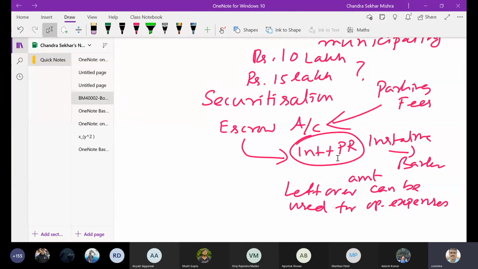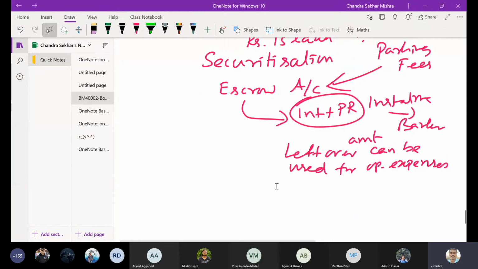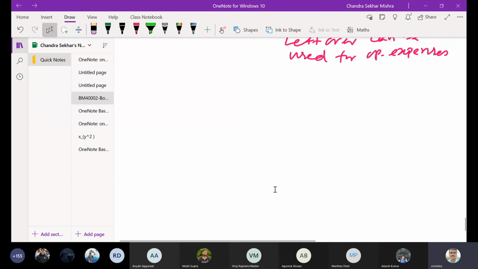Okay, chalo. So I've talked about debt, bond market, etc. Securitization also discussed. It was not in my plan, but I thought I should discuss. This is a very old concept, but it's very much prevalent in the debt market. It's also called structured obligations, structured loans.